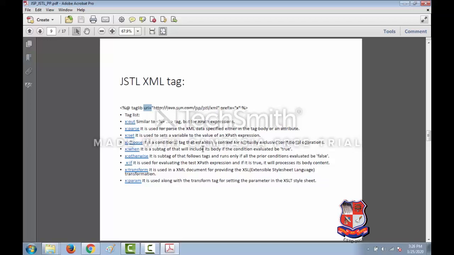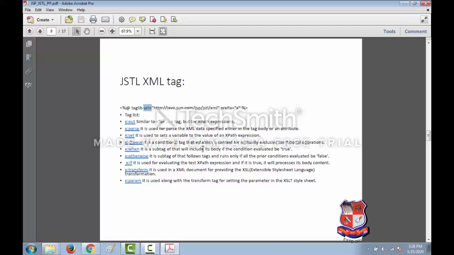Then x:choose, it is a conditional tag that establishes a context for mutually exclusive conditional operations. Then choose, when, otherwise, these three will be used together. Then when, it is a subtag of choose that will include its body if the condition evaluates to true. Otherwise is a subtag that runs only if all the prior conditions evaluate to false. Then x:if, it is used for evaluating the test XPath expression, and if it is true it will process its body content.